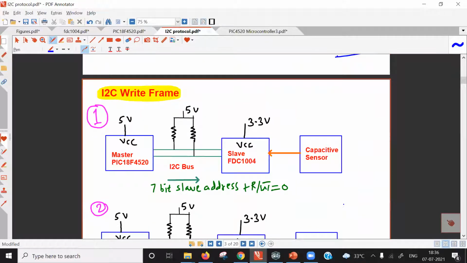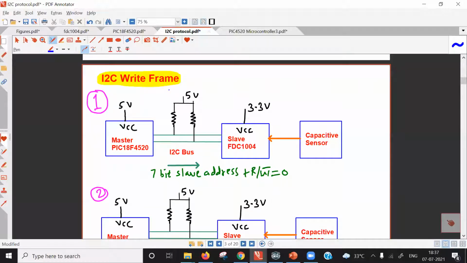Now, first of all, I will discuss the I2C write frame. I am going to discuss this operation with respect to FDC1004. The number of write or read operations may be less in other peripheral devices, and I have not explored other peripheral devices, so my discussion is with regard to FDC1004. However, if you understand this protocol thoroughly for FDC1004, with little modification you can apply the same code for interfacing other peripheral devices. Small modifications will be required, and you can do them very easily if you understand the code written for FDC1004.